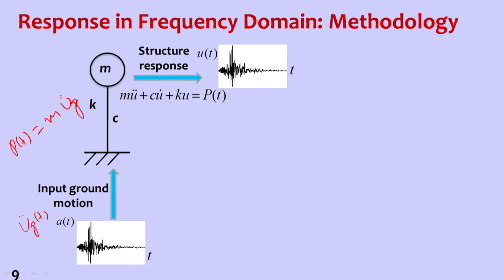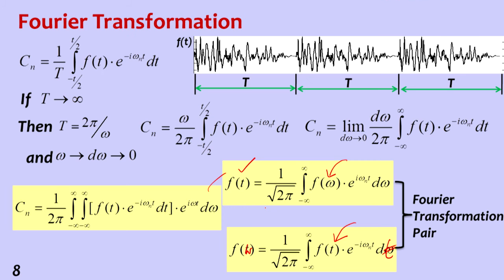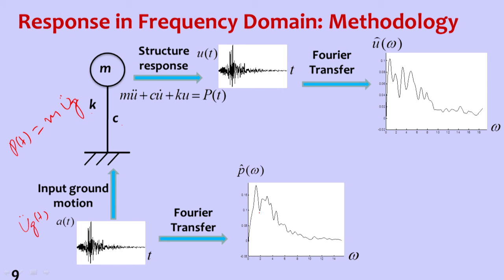But now how to get this in frequency domain? So that is what we are discussing. So if we convert this time history input ground motion into frequency domain using the Fourier transformation pair, so if I show you the previous one, that time signal, that force, if we input here, then we get force in frequency domain. So that's what is required here. And then this response of the structure, if you put that again in the Fourier transformation pair, we get response here.